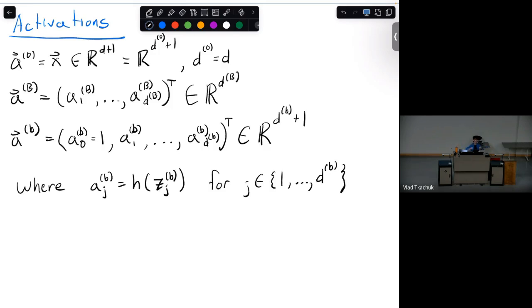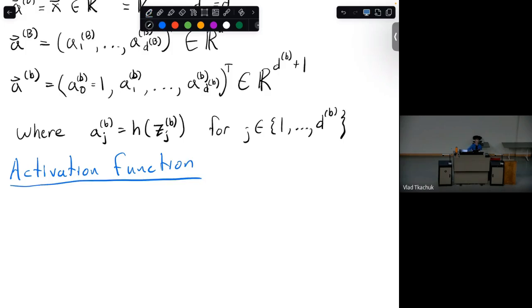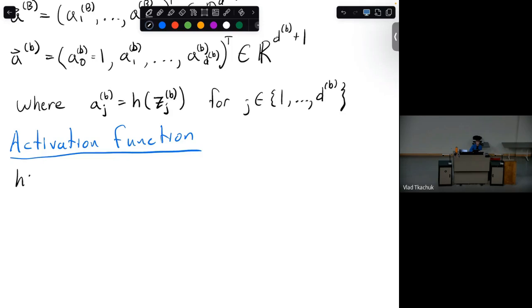Maybe one more thing that I wanted to define, which is this activation function that was used, H. First, this activation function is just going to be a function from reals to reals. So that's all you really need to know. This thing does not map to vectors or anything. It just takes a real number, maps to a real number. For instance, the sigmoid took a real number and mapped it between 0 and 1, but that's of course a subset of the reals.